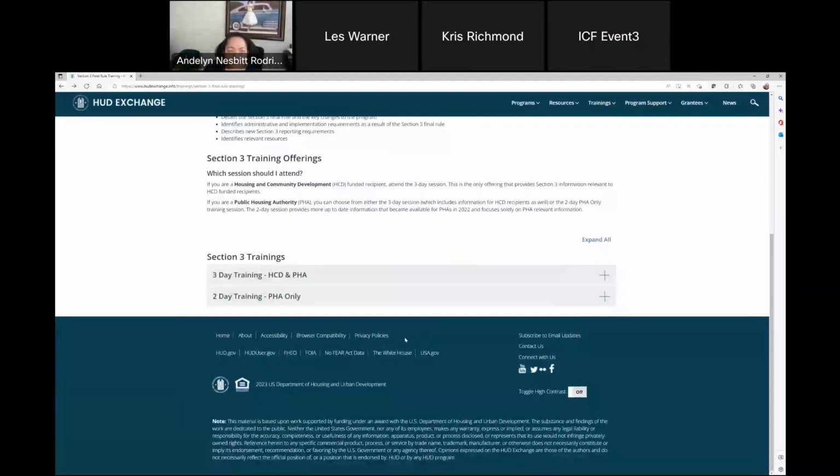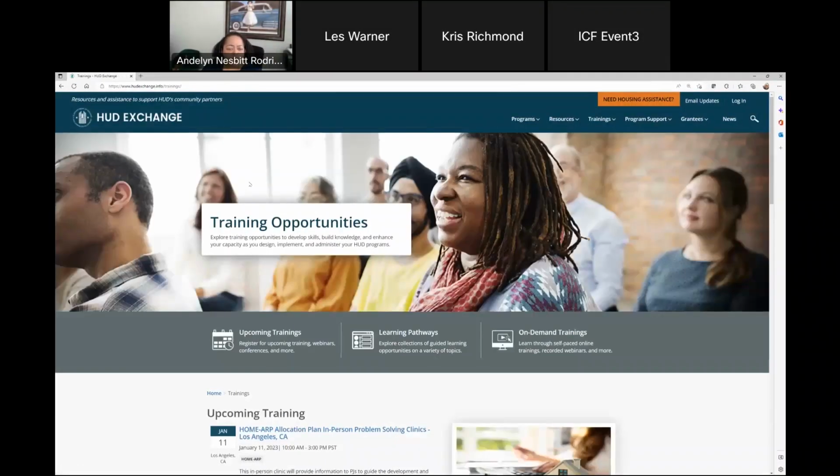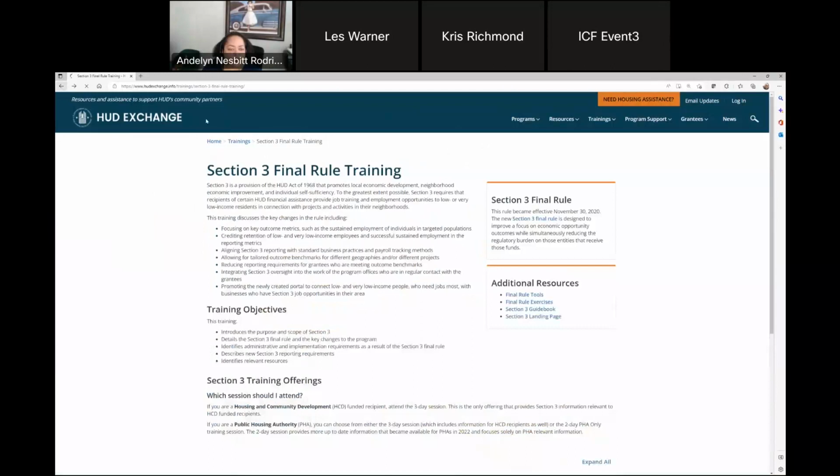Okay, this is the Section 3 final rule page, but I wanted to go back a little bit. Let me back up for a moment, and I apologize for what I am trying to get to.